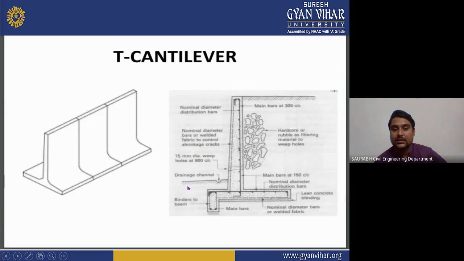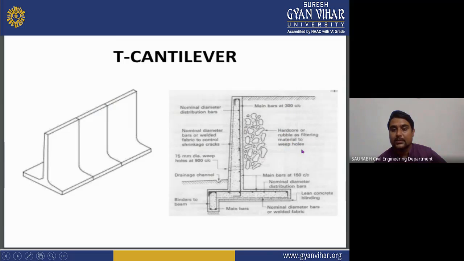And this is your drainage channel, as you can see here. By this drainage channel, your water will be passed. And this is your main bar, which is provided on the back side of the wall, where thrust will work at very high intensity. And these main bars are provided at 300 mm center to center, and this is your hardcore or rubble